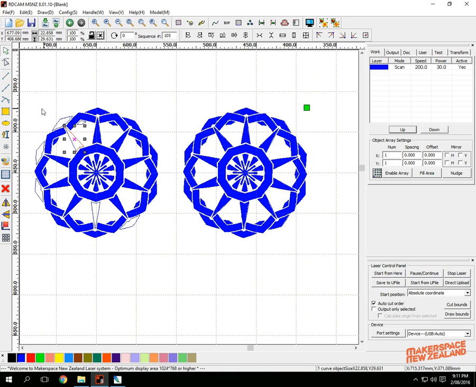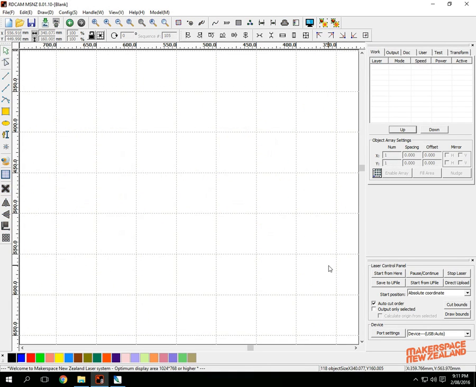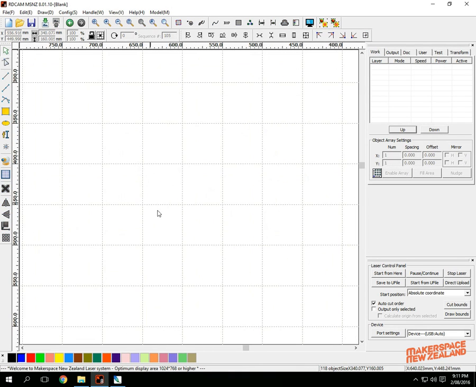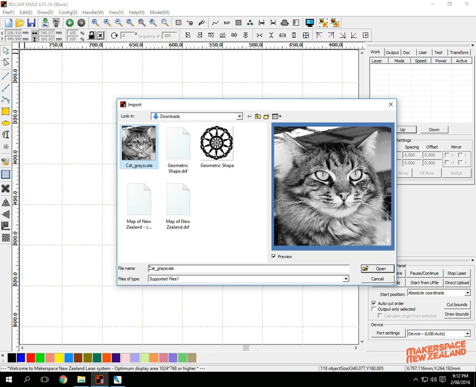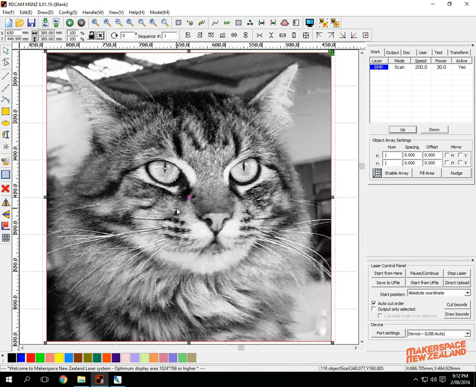All right, let's clear that out. Now another thing you can do with raster images is you can etch a little more complicated subject matter. So now if we go to import and we bring in this cat. Now obviously this is going to be a lot trickier to etch. We don't have that clear distinction between black and white. This isn't clear shapes, and so the computer's going to struggle a little bit trying to figure out what to